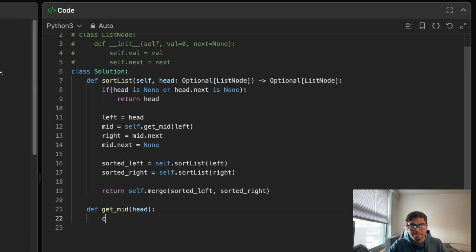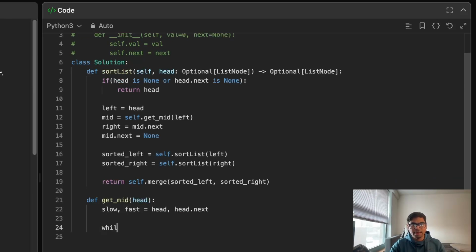Then I'll have my current pointer. So getting mid is basically, you want to have two pointers, slow and fast, as we talked about. Slow pointing to head, and then fast pointing to, just move it one forward, and that's where we started. Head dot next. Then we want to have a while loop, while fast and fast dot next, because that will